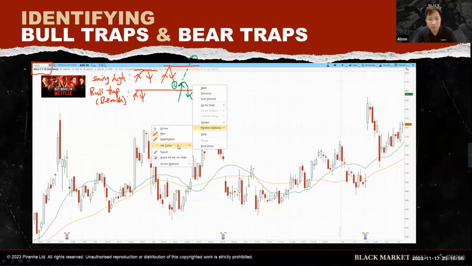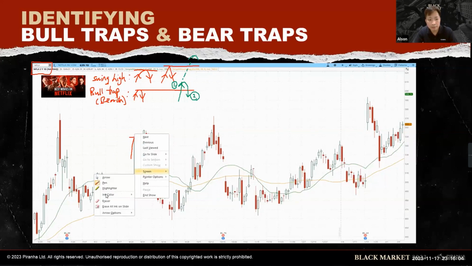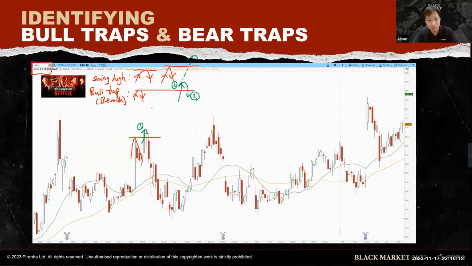And maybe I can show you here. You can see this price goes up and comes back down. This is a swing high, you draw across. And you see this breakout here, price goes up, first step. Traders thought that Netflix is going to go to the moon, but instead of going to the moon, the market maker goes and presses down the head, and then it trades back down.